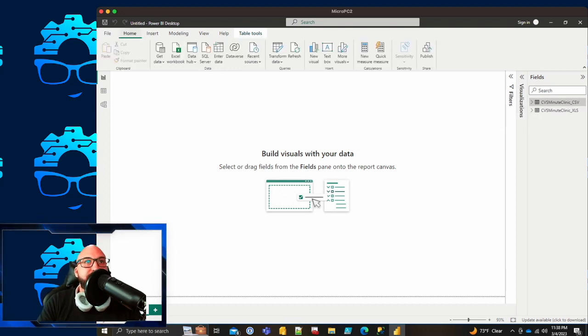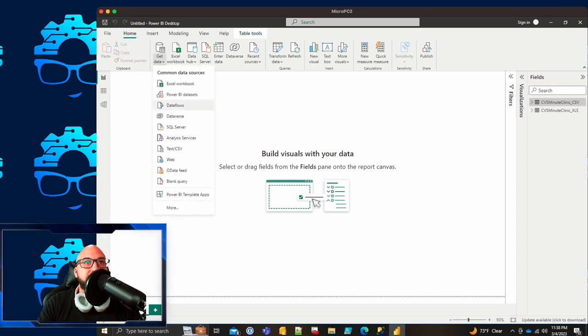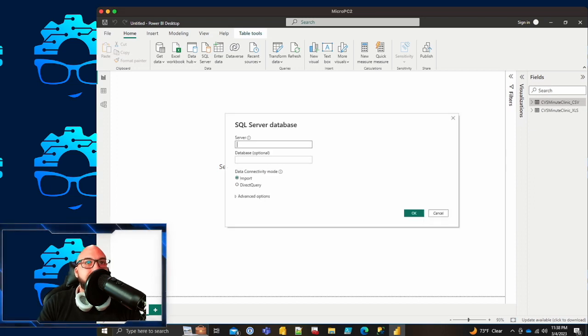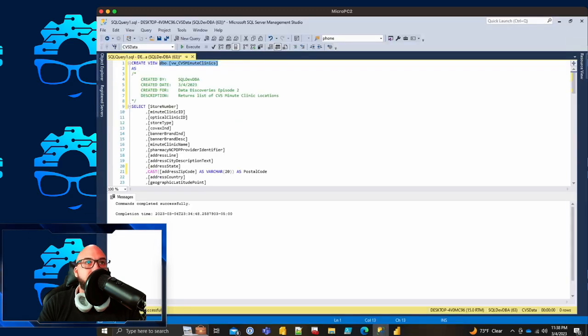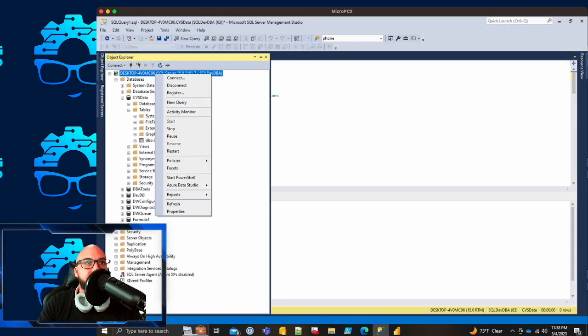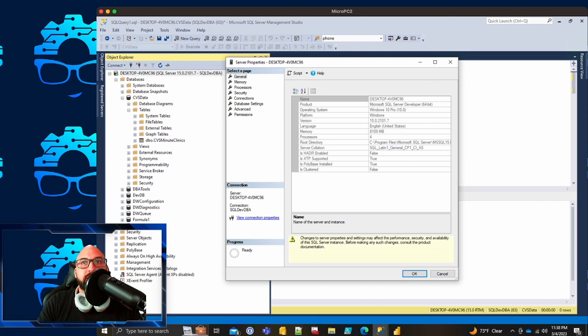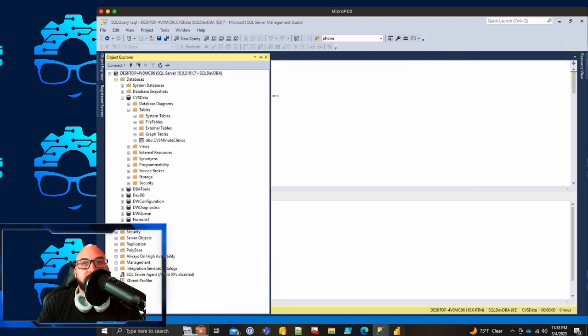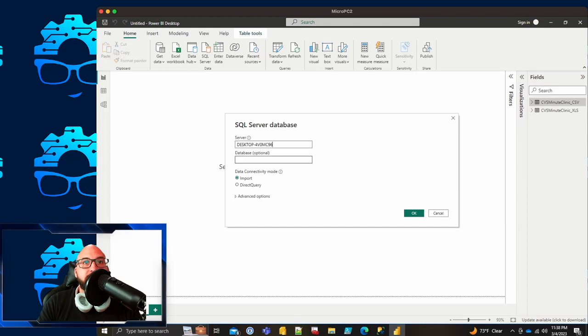All right, and last but not least, we're going to load some data from SQL Server. To do so, we're going to click the SQL Server button. If you have it in your recent sources, you can also do that. I'm just going to start quote unquote from scratch here though. I'll copy my SQL Server name. I'll bring it over here, and the database that I want,